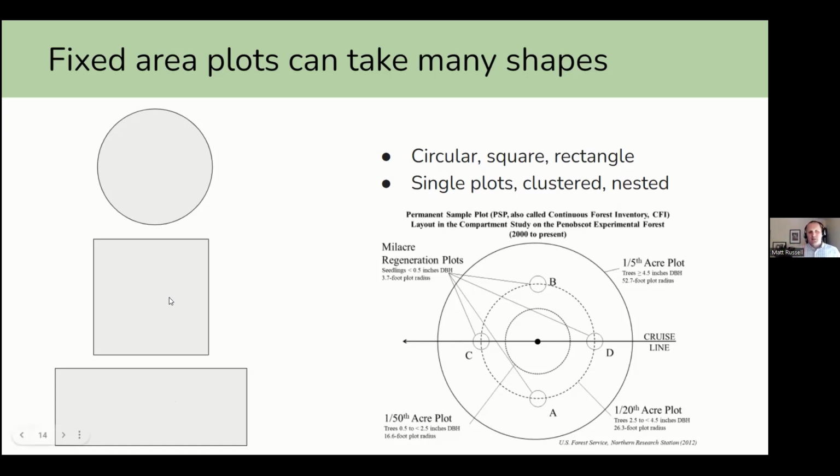Now, in other areas of the world, especially in more tropical places, they tend to use more of these rectangular or square designs. And that's because the vegetation is often more of a problem when you're encountering it compared to temperate forests. I was working with some folks in Mexico on a project many years ago, and the reason that they chose some of these square designs for their plots was because it was easier to outline and define where the boundaries were, rather than these circular designs, where you can imagine it can be pretty tough.